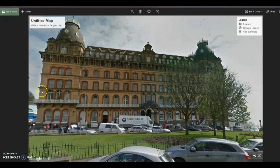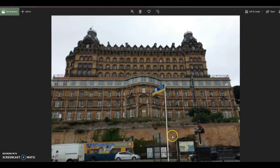Now when you think about it, it's this frontage here, 3 floors worth, that's actually below street level here. And this is where this purpose-built hotel doesn't really jive with me. Move on to the back of the building here. Now, when this was built in the shape of a V, I'll show you an aerial view in a bit, but when it was built in the shape of a V, at the same time this was built,